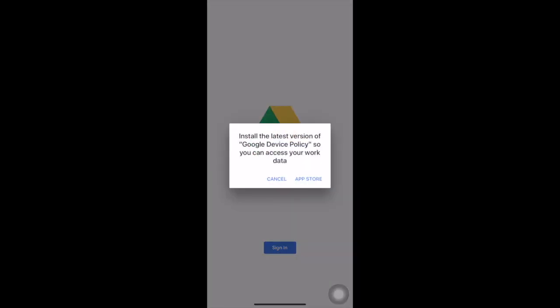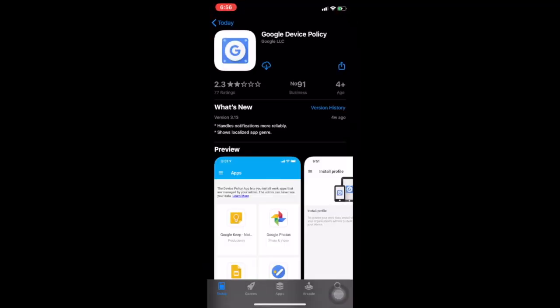and it will ask you to install Google Device Policy. So you can go back to App Store and click Google Device Policy and download.